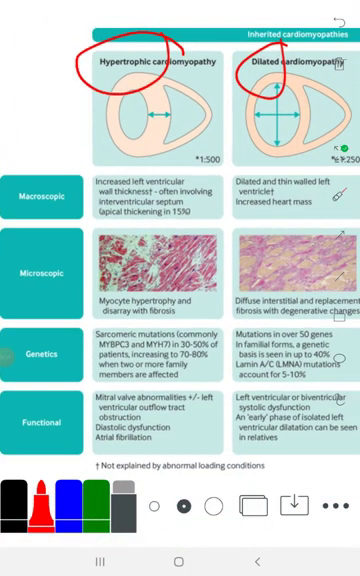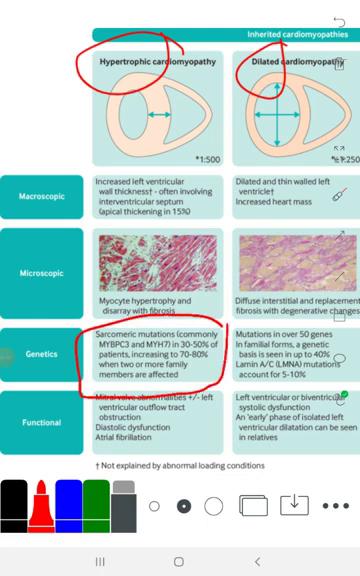hypertrophic cardiomyopathy. So hypertrophic cardiomyopathy is increased left ventricular wall thickness of the heart, and often involves the interventricular septum. At the microscopic level, hypertrophic cardiomyopathy shows myocyte hypertrophy and disarrangement with fibrosis. And genetically, hypertrophic cardiomyopathy includes sarcomeric mutations